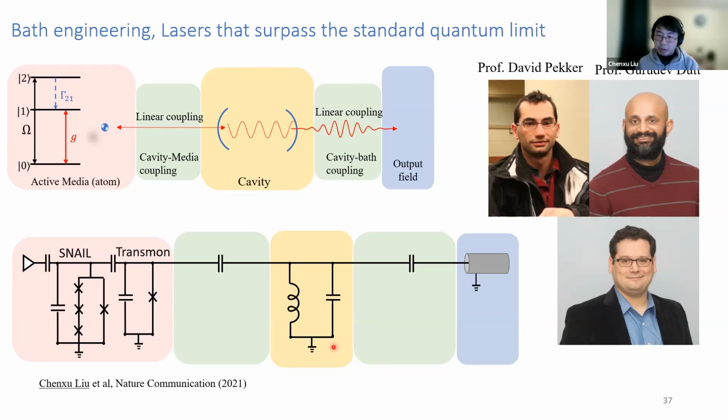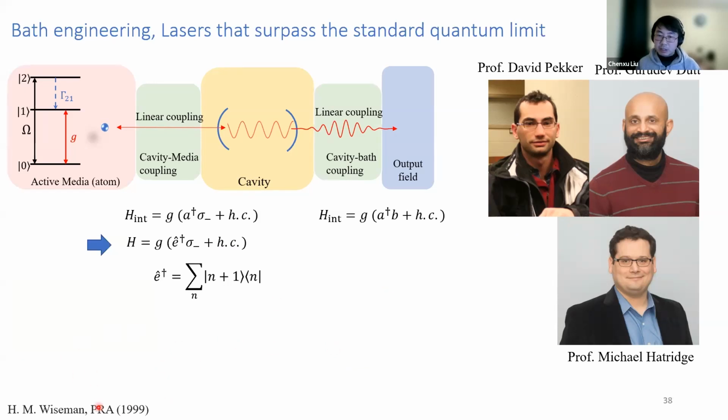But we are thinking if we can do something more. So at around the same time, we found an old paper, which is from 1999 by Professor Weissman. And in this paper, he talks about using a different cavity operator, which is this E operator, or in other words, the Susskind-Glogower operator, to replace the normal lowering and raising operator for the cavity field A. Then we can see some interesting phenomena where, if we use this coupling Hamiltonian between the atom and the cavity, the laser line width can be suppressed by half beyond the standard limit of the line